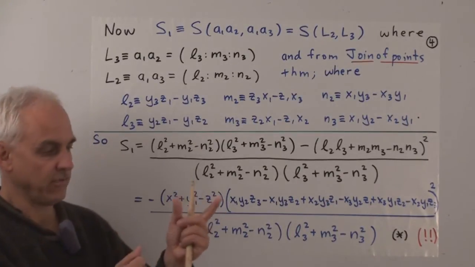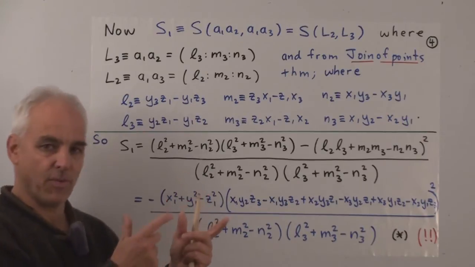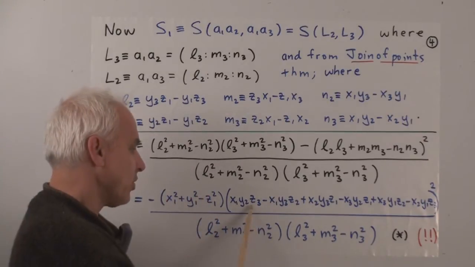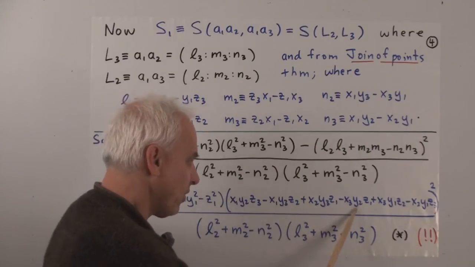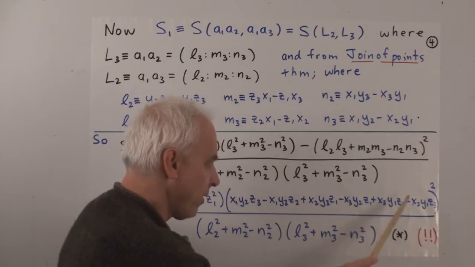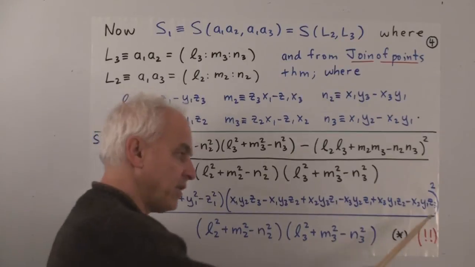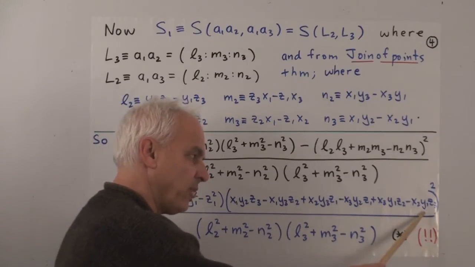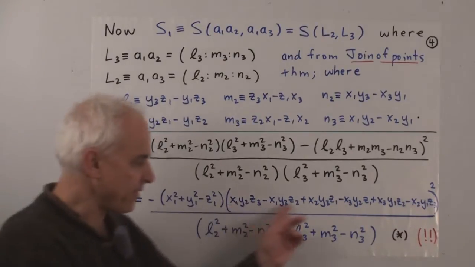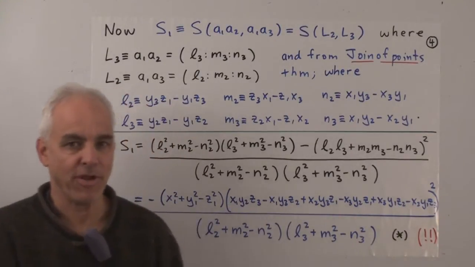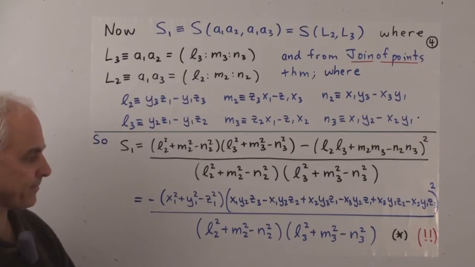2 and 3, I guess it's over here. 2 and 3, then 1 and 2, 2 and 3, 1 and 2, 2 and 3, and 1 and 2. So here we interchange 2 and 3, here we interchange 1 and 2, 2 and 3, 1 and 2, 2 and 3. And if you did it once more, you interchanged 1 and 2 here, you would get back to there. So it's actually not that bad to try to remember that formula for the determinant.